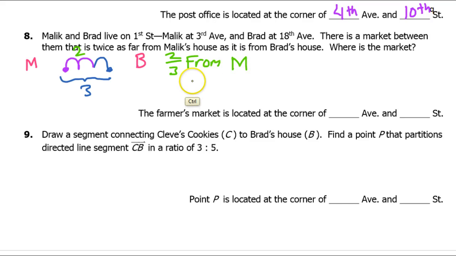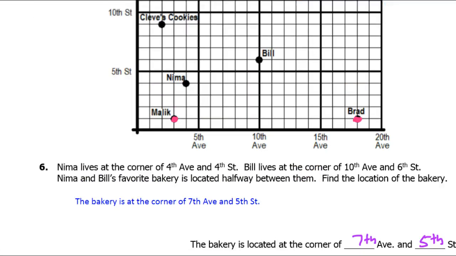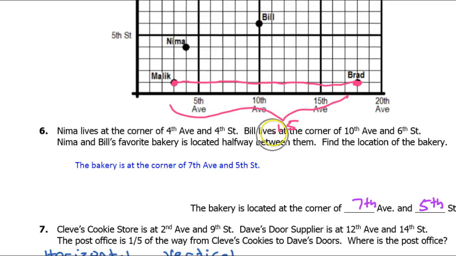So I'll just put M for Malik. If I want to talk about how far I am from Brad's house, that's always going to be 1/3 of the way. So 1/3 from Brad's house. Now, we need to know what the total distance is between these guys. So what is this total distance? Let's see. I see 10, 13, 15. I see a total distance of 15. Okay, so since the total distance is 15,